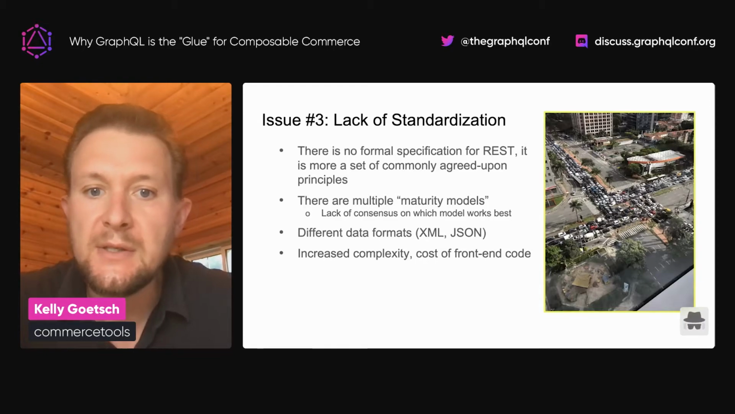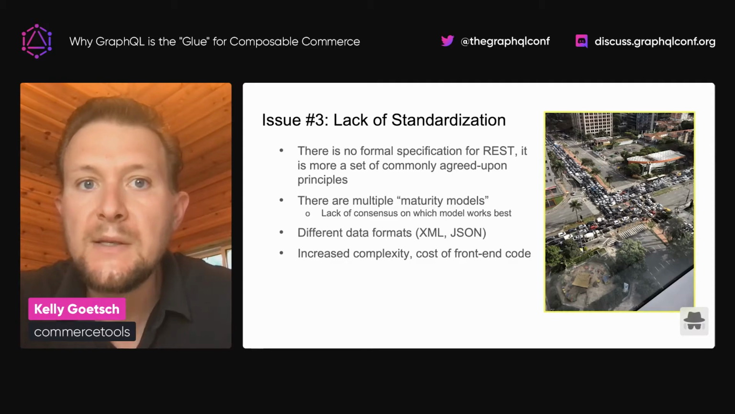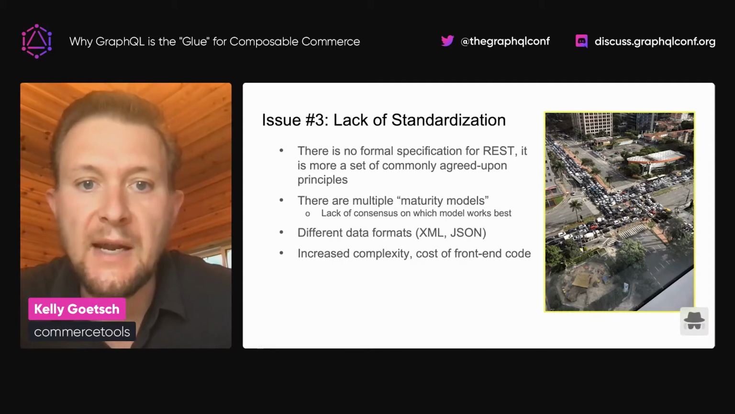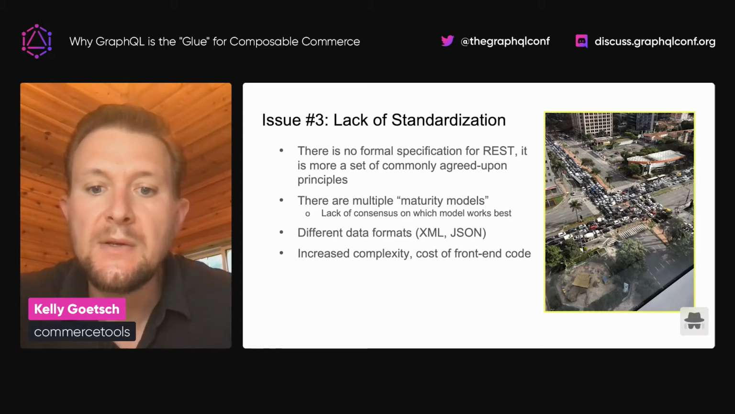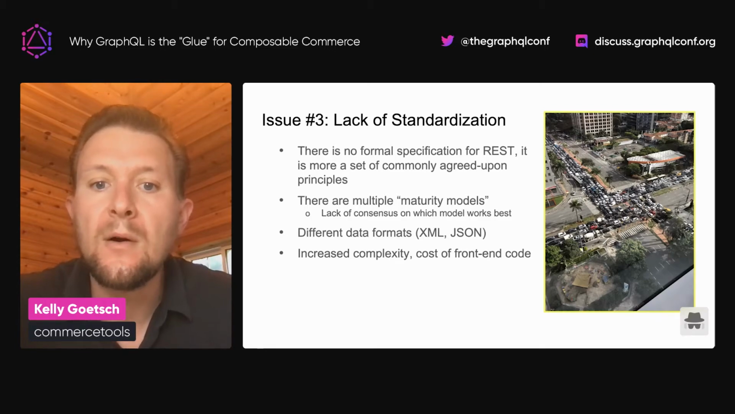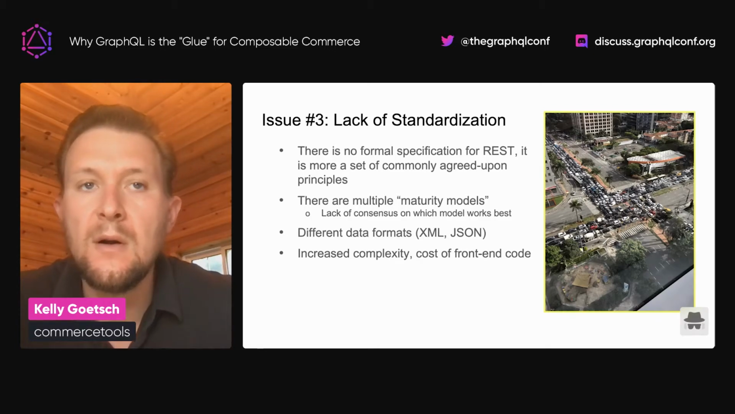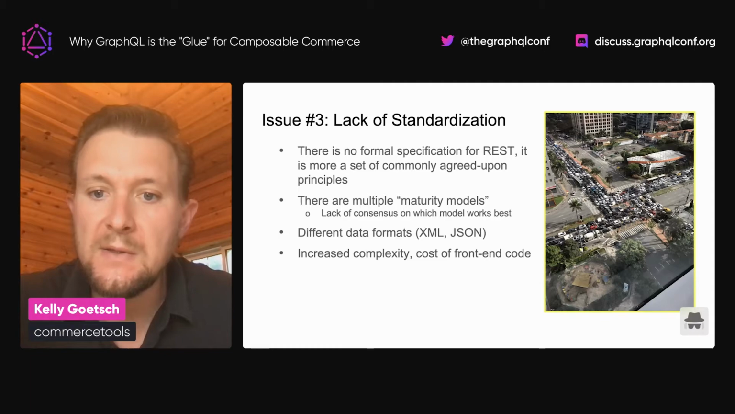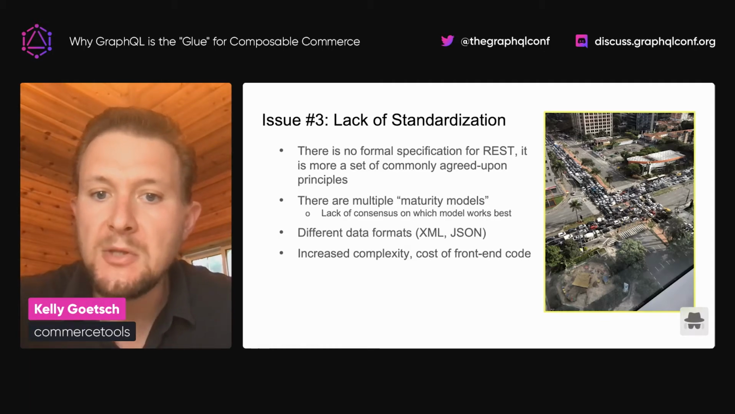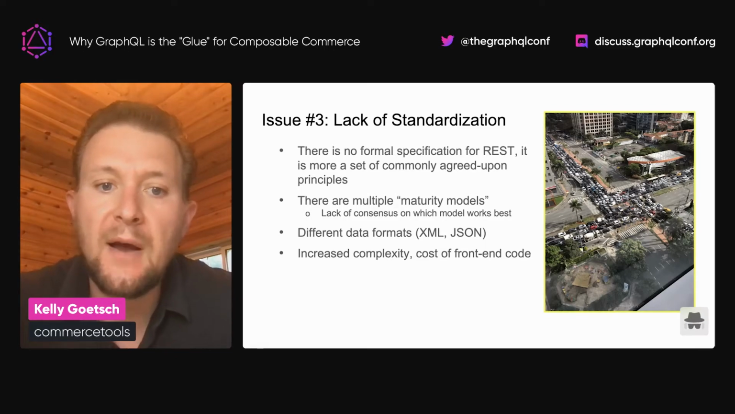The third issue is just a complete lack of standardization. And again, REST is great, but REST is more of an architectural style as opposed to an actual standard or specification. So there's no way for a client developer to know what APIs are available or what fields are available or how you call and request specific fields only. There are multiple levels. It's actually called the Richardson maturity model of APIs, where you specify